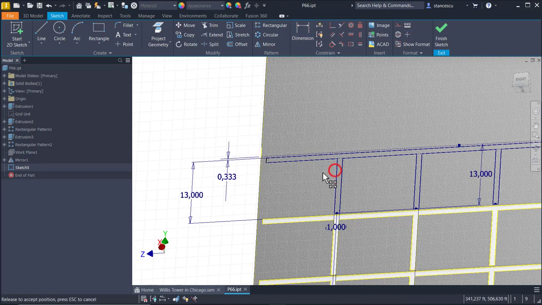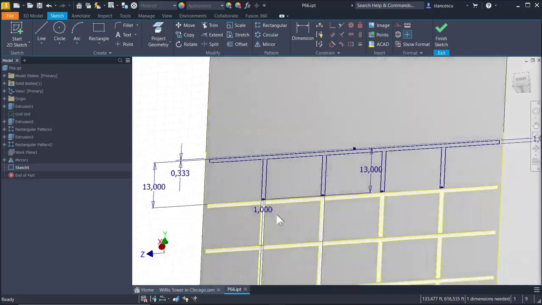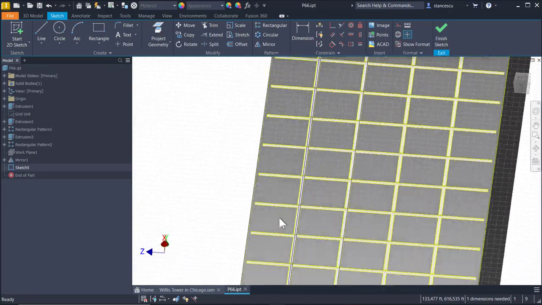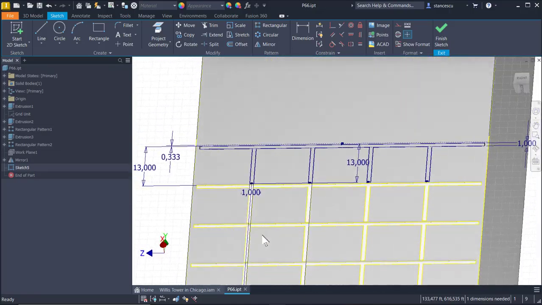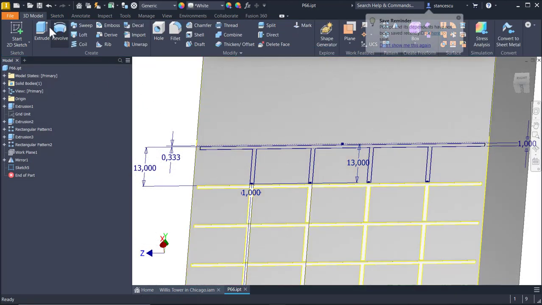What dimension is this? I don't have any idea what this means. I cannot move anything from the sketch. Maybe it's an object outside of our interest. Finish sketch, extrude